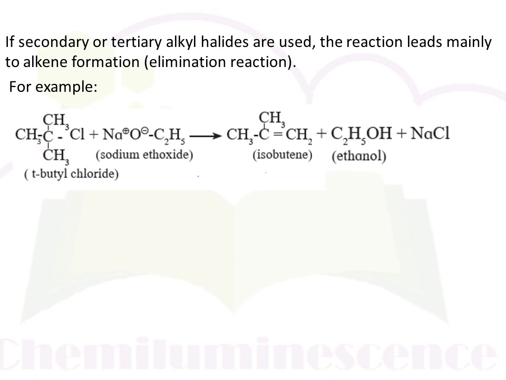Instead of that, sodium ethoxide is acting as a strong base, and due to its basic nature, it abstracts a beta proton, that is the hydrogen from the beta carbon. Hence, tertiary butyl chloride undergoes elimination reaction and forms isobutene as a product, while the sodium ethoxide abstracts this hydrogen and forms ethanol, another product, and the sodium and chloride combine and form sodium chloride as a byproduct. Similarly, aryl halides do not undergo Williamson synthesis.